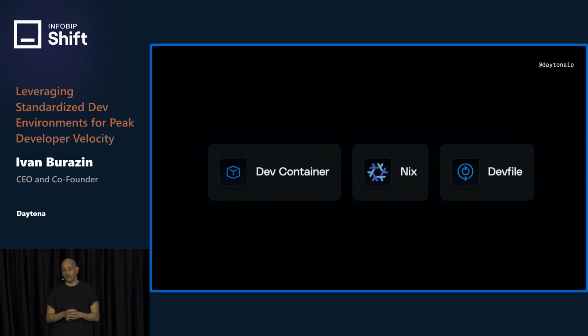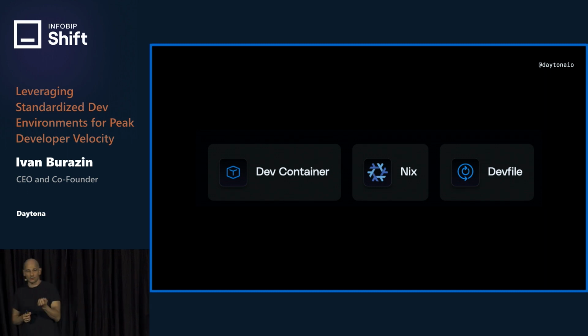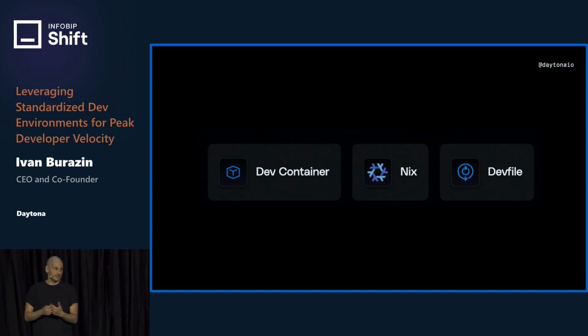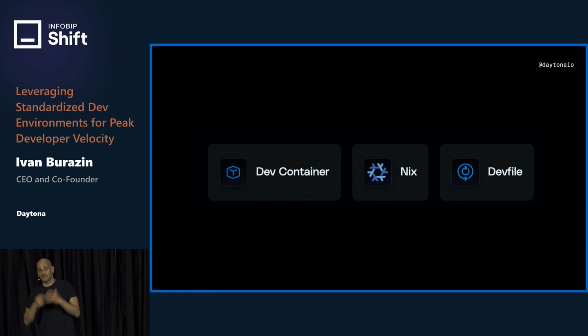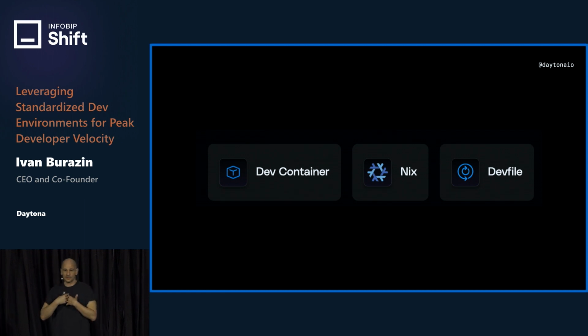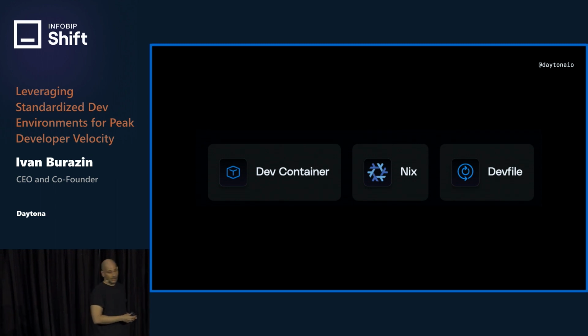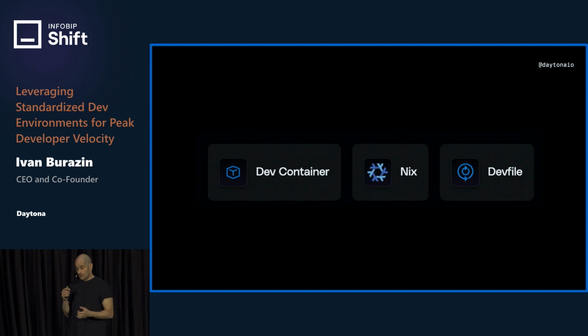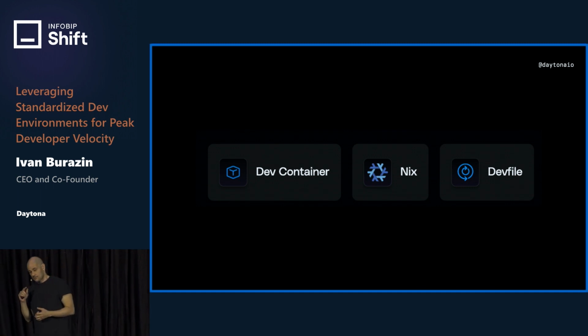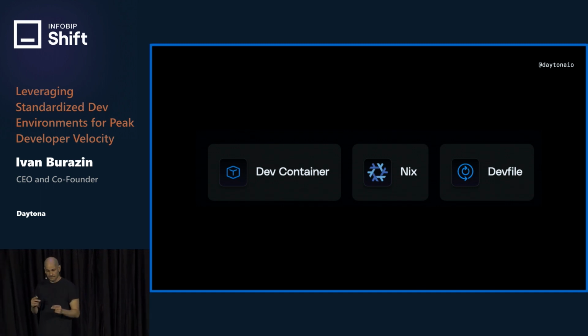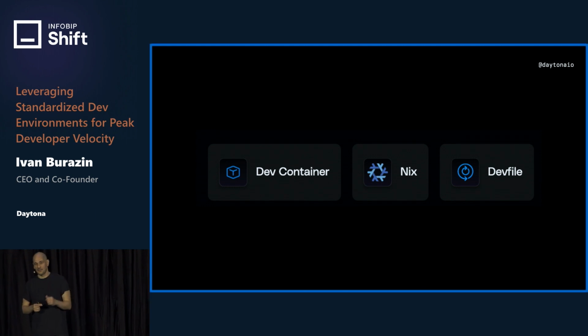The first one is Dev Container, which is made by Microsoft. It's open source, and it seems that that one is actually the most prominent, which makes sense because GitHub is owned by Microsoft, and a lot of open source projects are there. And if you want contributors to work with your open source project, then it helps if it's easier to set up the development environment. On the other hand, you have DevFile, which is created by AWS, JetBrains, Red Hat, and I'm missing one company, but I'll remember it.